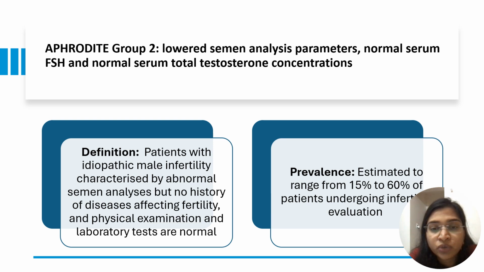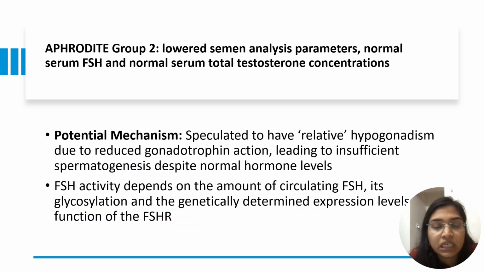Prevalence is estimated to range from 15 to 60% of patients undergoing infertility evaluation. Now, how is this infertility occurring? Semen analysis parameters are lowered, but FSH and testosterone levels are normal. The potential mechanism is speculated to be relative hypogonadism due to reduced gonadotropin action. So maybe the FSH and testosterone levels are normal, but they are not acting, which leads to relative hypogonadism and insufficient spermatogenesis